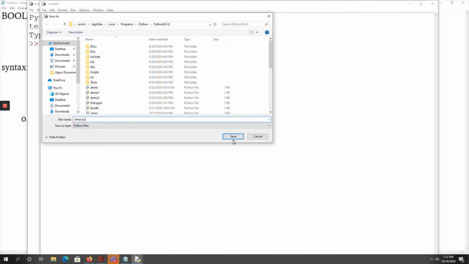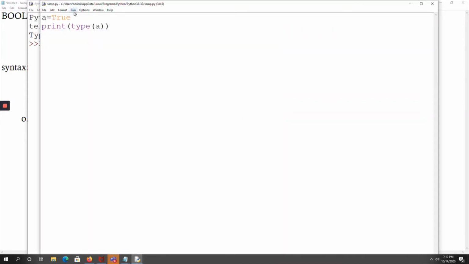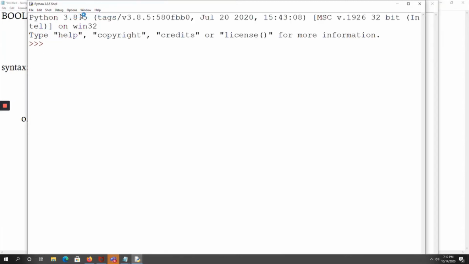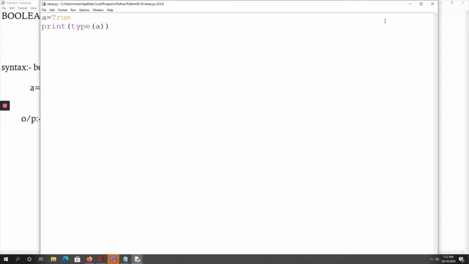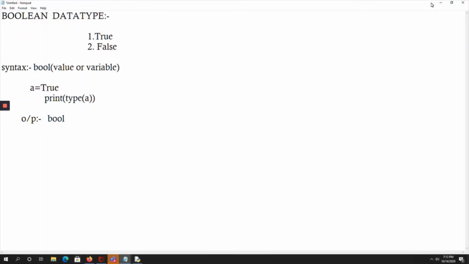Save the program and run the module. See, it is a Boolean data type. Generally, these Boolean variables are used for comparison.